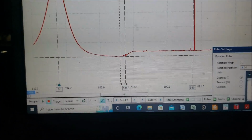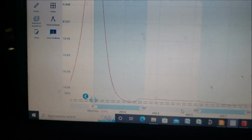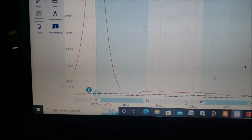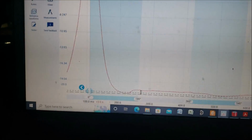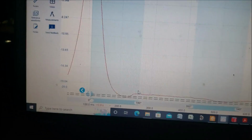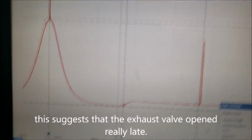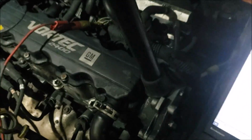For example, this sample right here is from another engine, a Toyota, but it's the same 4-cylinder, so the timing of the cam might vary a little bit. But you see on cranking right here, the 180 degrees is way past the rise in pressure to atmospheric from opening up the exhaust valve. And then we go back to this here, where the 180 is right here. Okay, so we've seen the